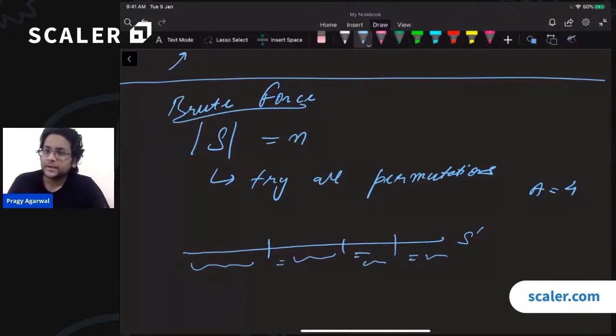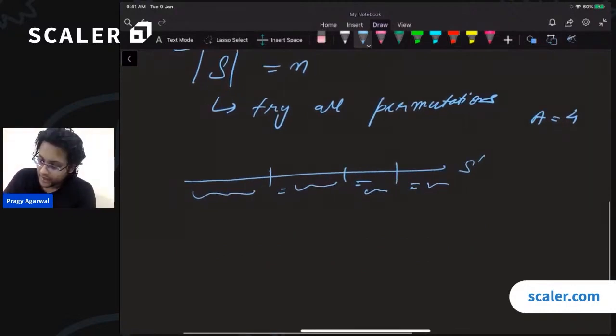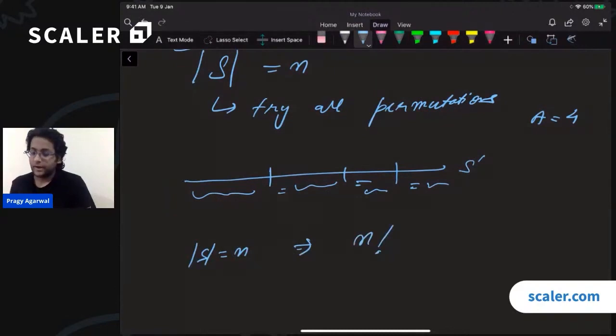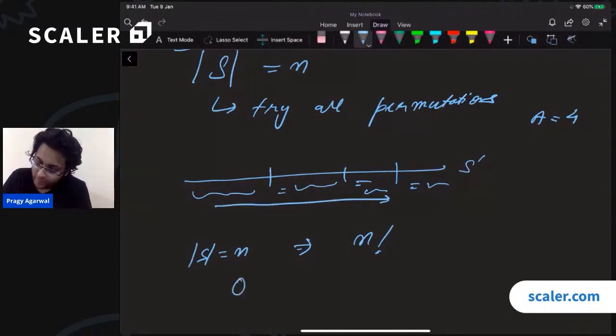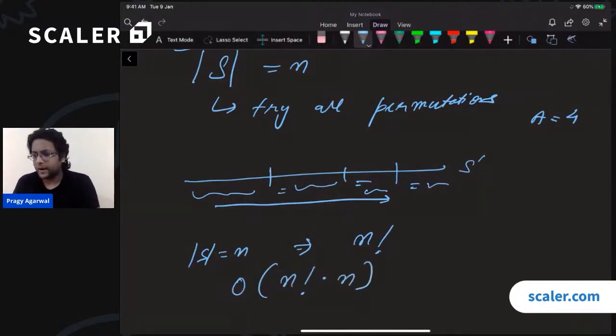What will be the time complexity of this approach? Well, first of all, how many permutations do we have to check through in the worst case? If the length of the string is n, then the number of permutations will be n factorial. Given a particular permutation, we also have to check whether it satisfies this property, so that will take an extra order of n time per permutation. So the total time complexity will be order of n factorial times n, which is pretty bad, but at least